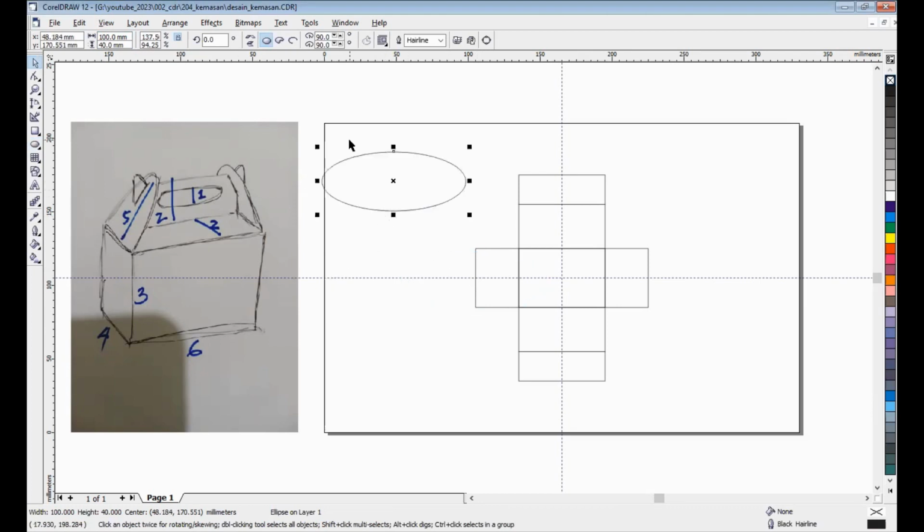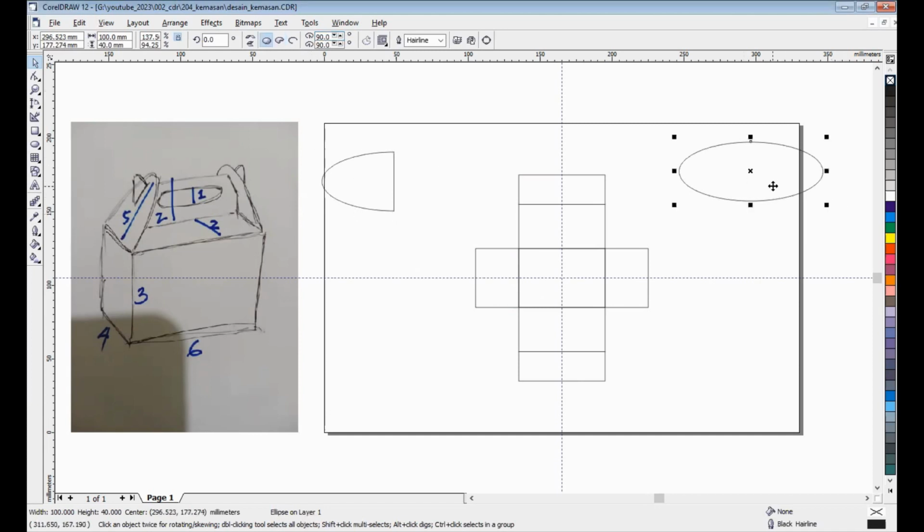If we want to copy this, Control C, Control V, we can use this zero point, maybe start to.